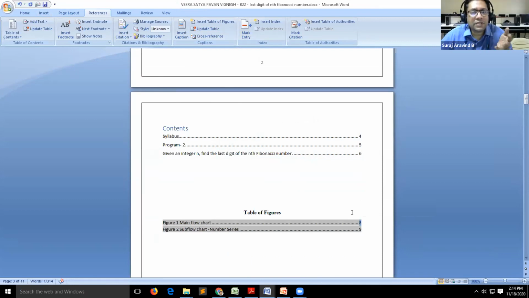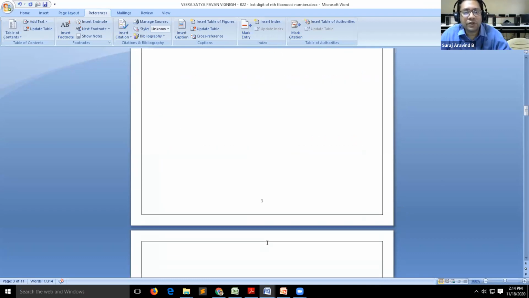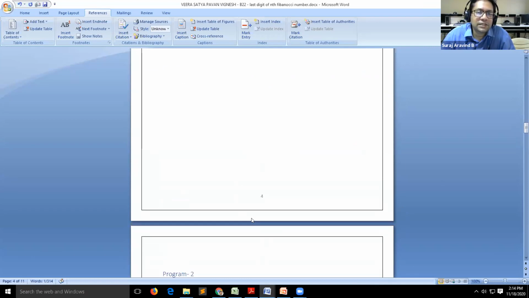You may not get it the first time. You just practice it. Practice it when the number of figures and pages in the report is very few. Once you understand how it works, you can do it automatically next time. If there are 100 pages and you want to test it, you may not be able to understand how it is working. So practice it when the number of pages is very small, when you are dealing with one or two pages. Once you get habituated, the rest of the things you can just keep on inserting, figures, etc.